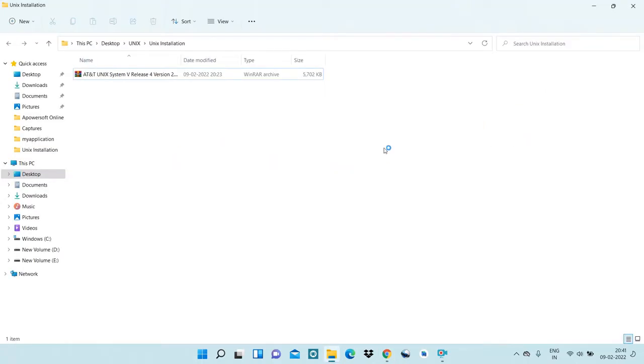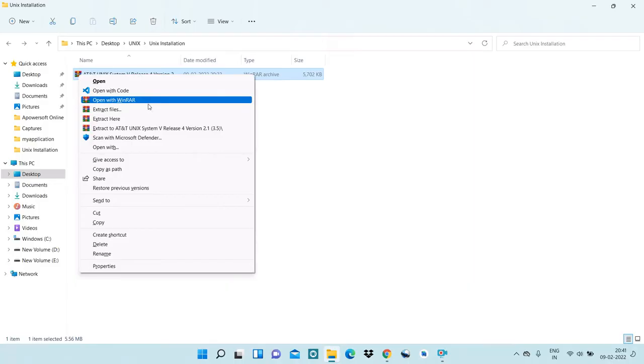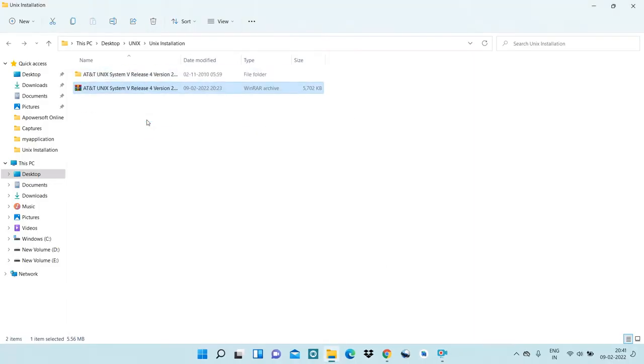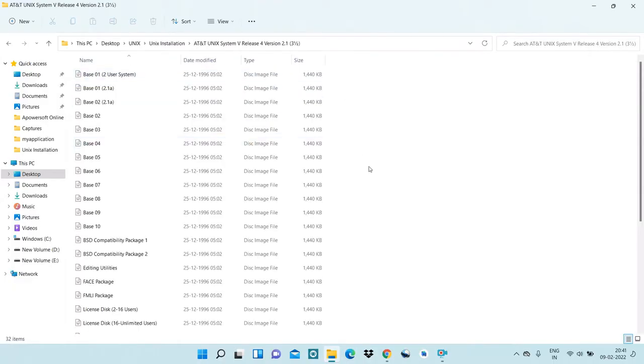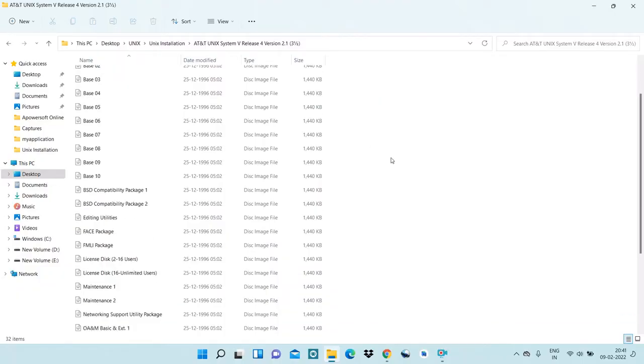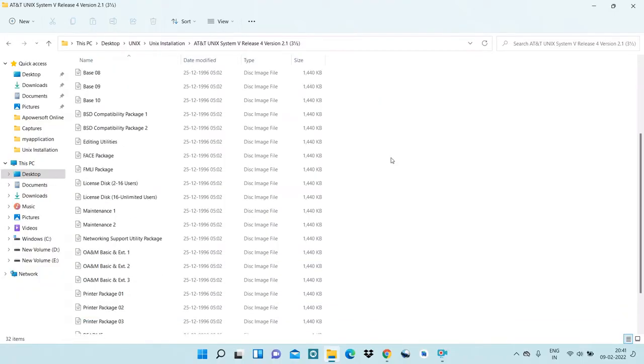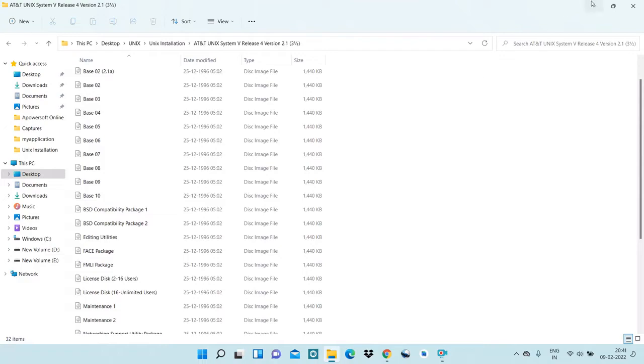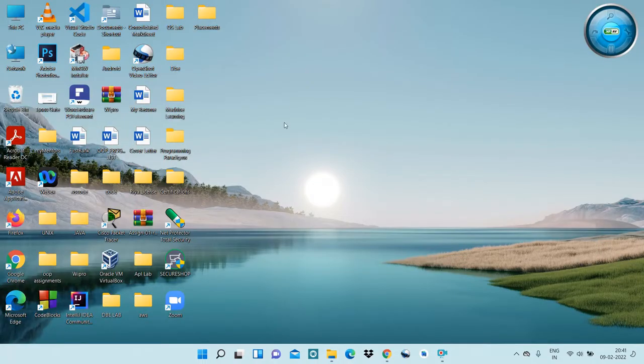Okay, now we will go to the folder wherein we have installed that particular archive file, and here what we will do is we will extract all the files here. We will click on this folder, and as you can see there are a number of disk image files which are there in this particular folder. Now what we will do is we will open our VirtualBox,